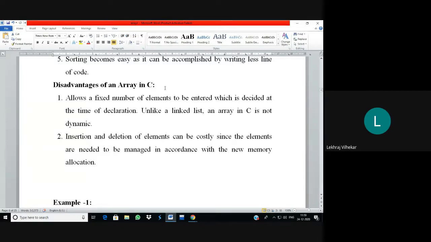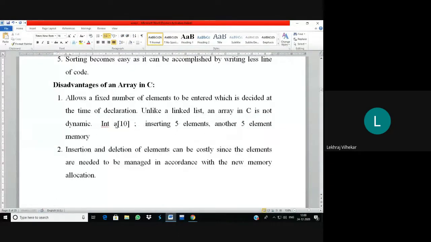Suppose for this integer a of 10, you insert only 5 elements, then the other 5 elements' memory is going to be wasted, like this.